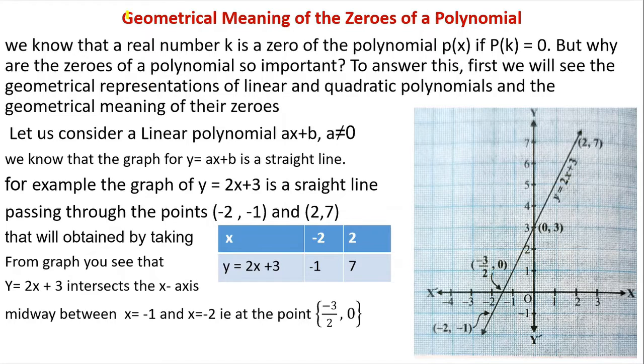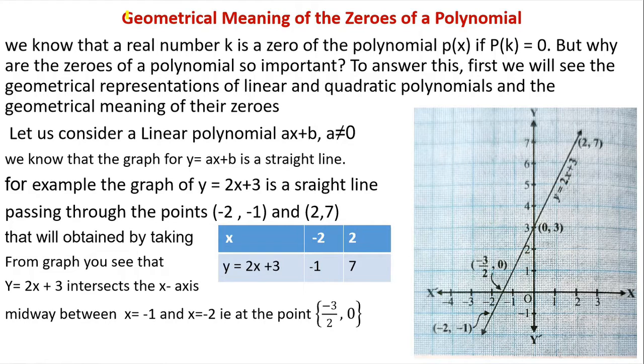Geometrical meaning of the zeros of a polynomial. Let us consider p of x is a polynomial which is represented in terms of x. If you want to find p of k, then we have to find p of x at x is equal to k. That is, we have to substitute the value of k in the place of x in the given